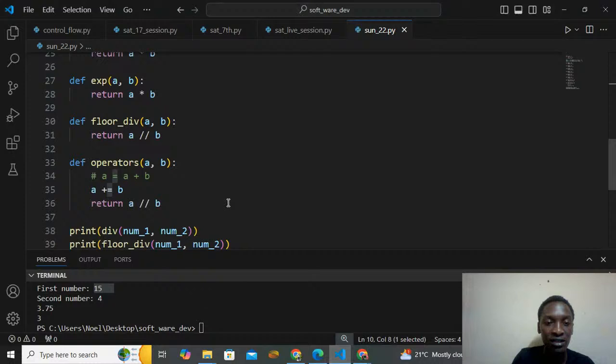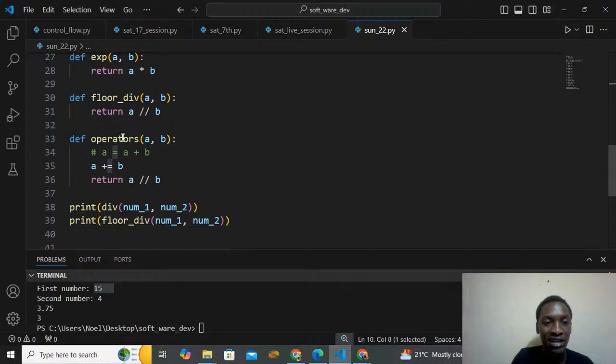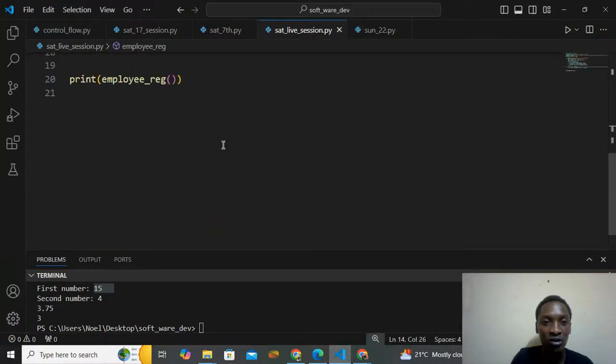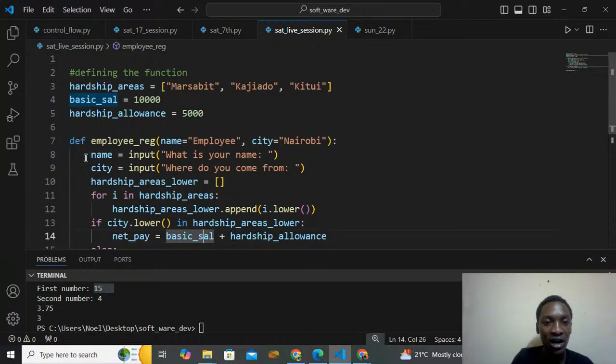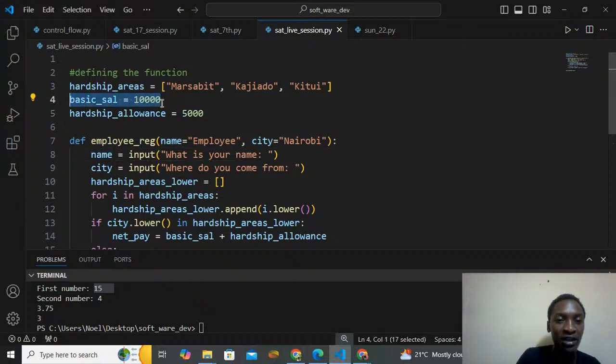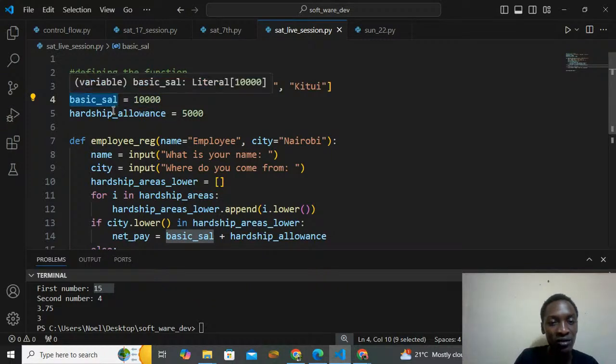We have that for assigning values. If we go back to yesterday, we were assigning whatever the user gives us to the name, because we are asking the user their name. Whatever the user gave us, we are assigning it to name. Same goes to the city. Here the basic salary, like 10,000, we are assigning to this value, so that whenever we are doing the calculation, instead of having net pay is equals to 10,000 plus that, remember